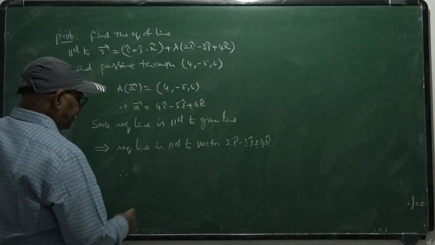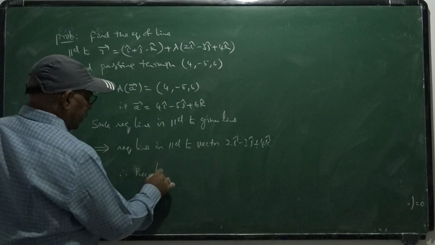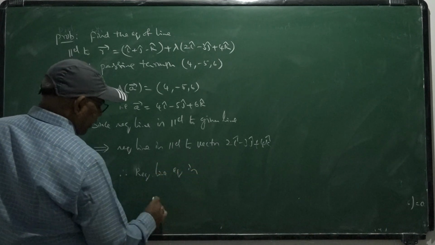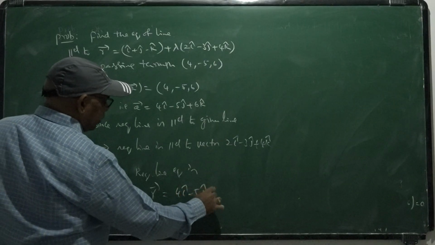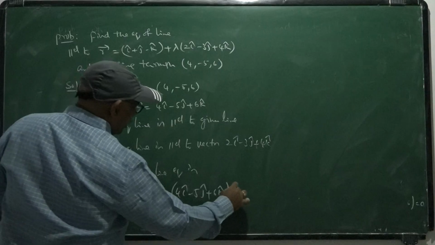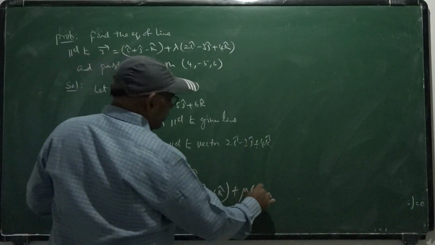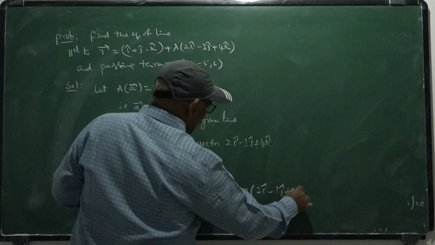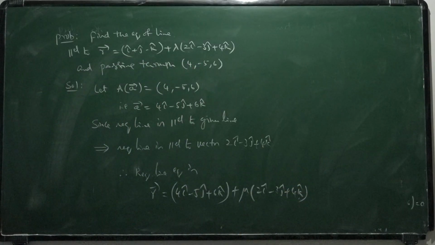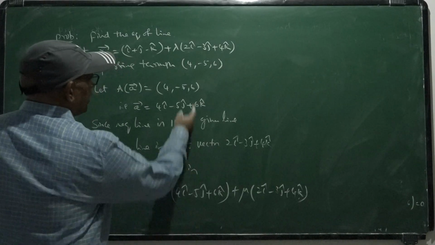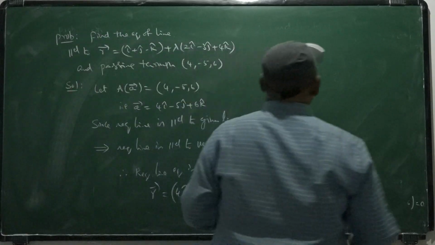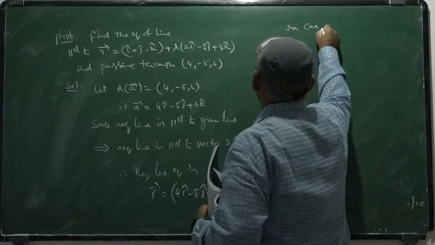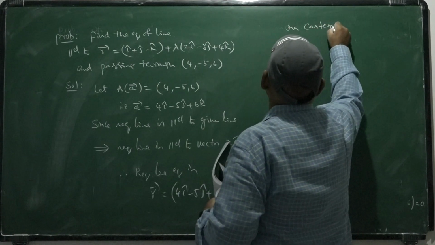So therefore, the required line equation is R bar equal to 4i minus 5j plus 6k plus some constant mu into the vector parallel to the line. This is the required equation of the line which passes through this point and is parallel to the given line. Suppose this is the vector form. In Cartesian form it is